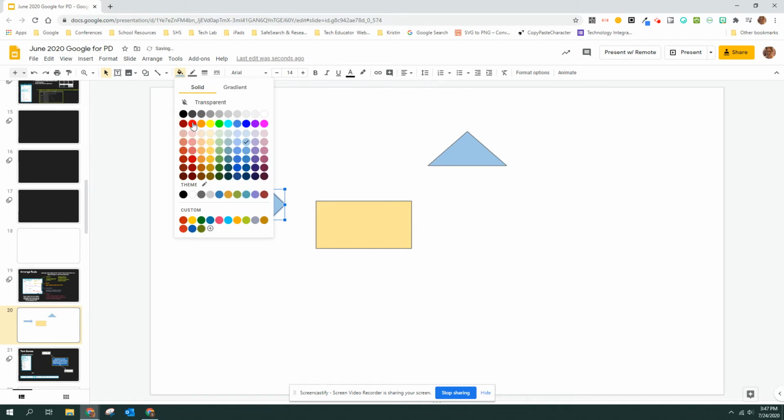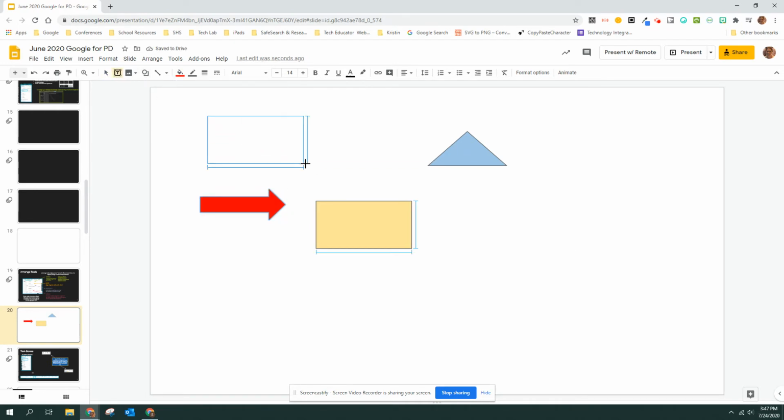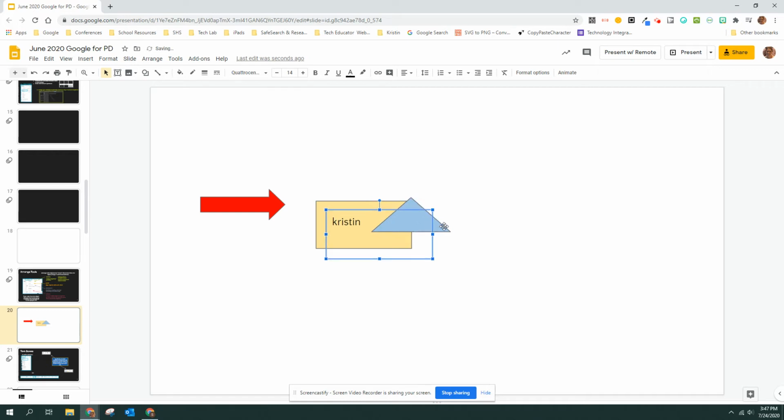I didn't want to do this ahead of time because I wanted to show you as we were actually working here. Name. All right. So if I have my name here and I want it here, right now it's on top, which is great. If I want to move this blue thing, it's right here. But what if I wanted to have the blue triangle behind the yellow rectangle? I'm also going to adjust the size of this text box, which is giant here. If I want the blue triangle behind the yellow rectangle, so it's just kind of popping out in the corners,